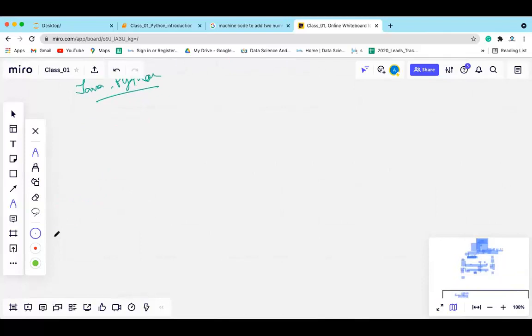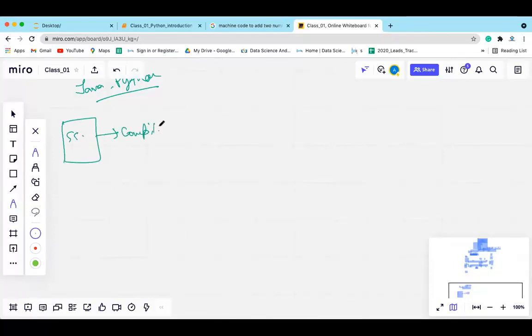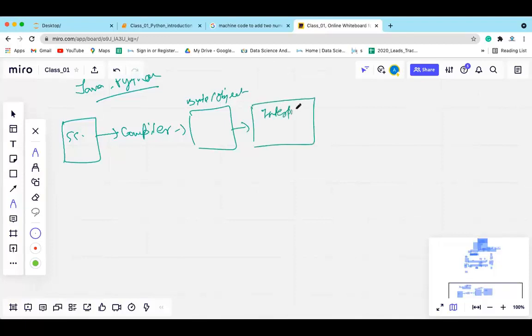In this case, in Java and Python, first we write the source code, then we use a compiler to compile this source code to an intermediate code, that may be byte code or object code. Then an interpreter or compiler is used again to interpret or compile the code, that will execute the code,